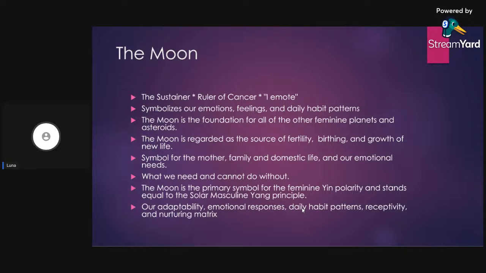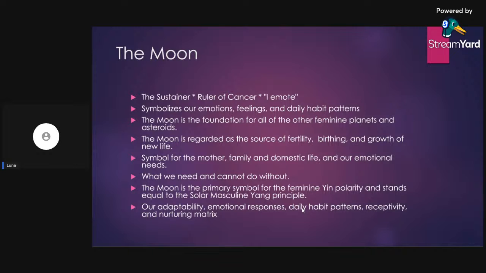Thus, traditionally, the moon has been a symbol for the mother, family, and domestic life and our emotional needs. The moon signifies how, as adults, we define security based on our experience of being nurtured, supported, and protected. While the sun indicates what we want, the moon describes what we need and cannot do without. The moon is the primary symbol of the feminine yin polarity and stands in equal power of the solar masculine